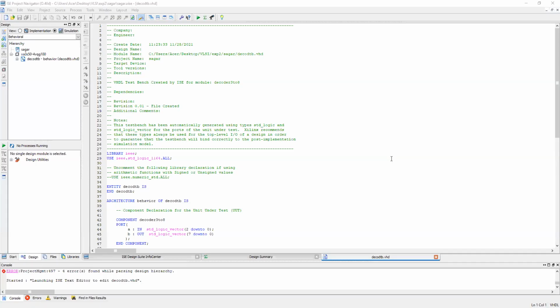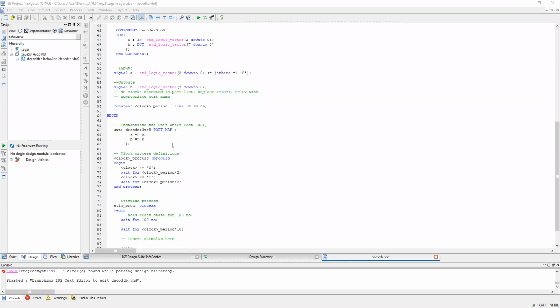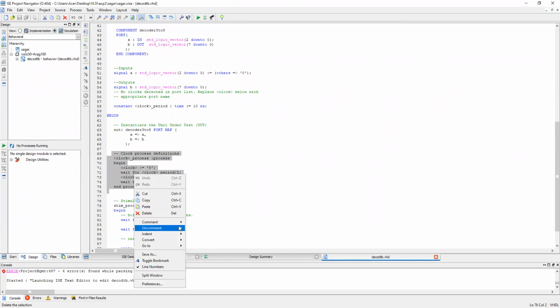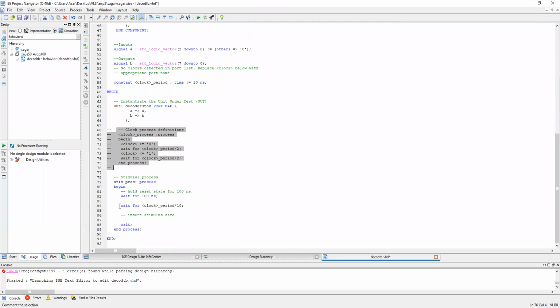Okay. Now this is the test bench window that we get. What are we supposed to do? We have to comment out all this clock process. This part also.